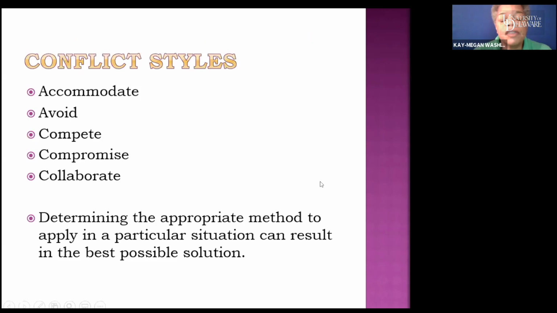Okay, so just a quick thing here about conflict styles. There are different types of styles of conflict that people tend to have. Some people tend to accommodate, so they give in. Where do you want to have dinner? I don't know. Where do you want to have dinner? Well, I was thinking maybe steak. Oh, no, I had steak for lunch. Okay, well, then we'll go wherever you want to go. They just accommodate. They give in.